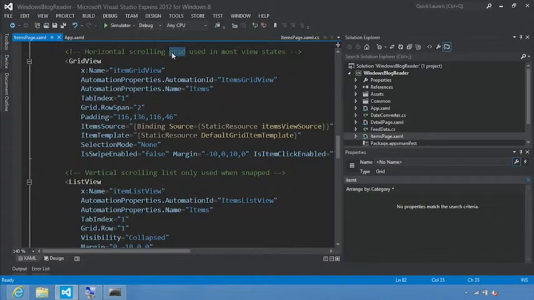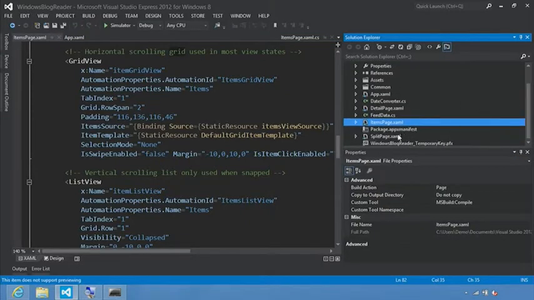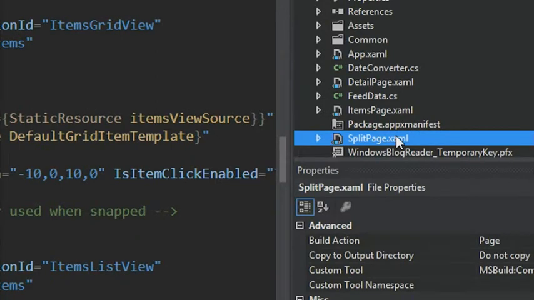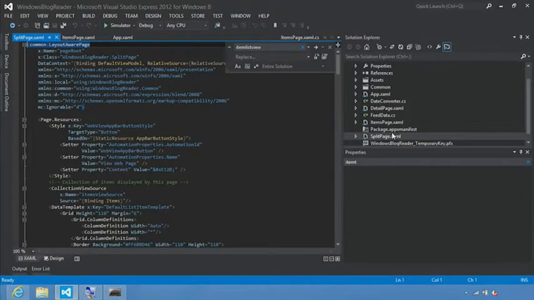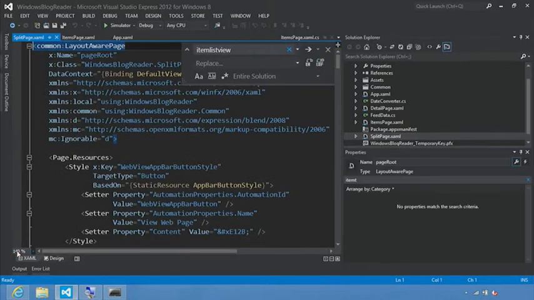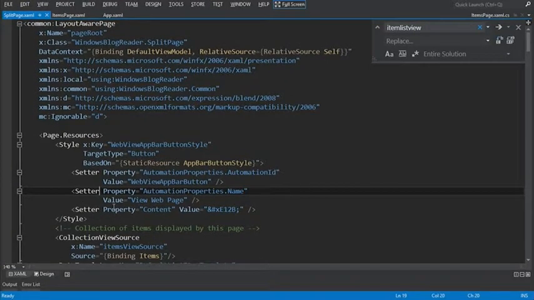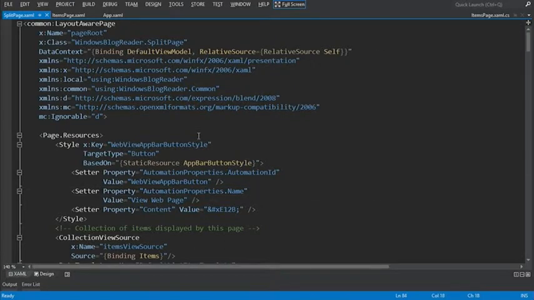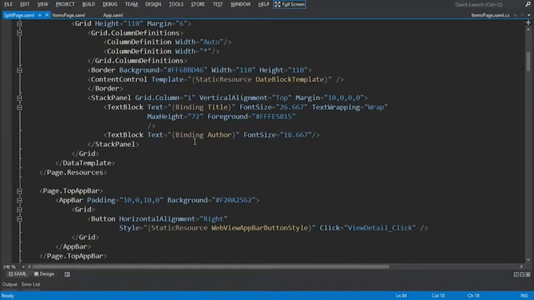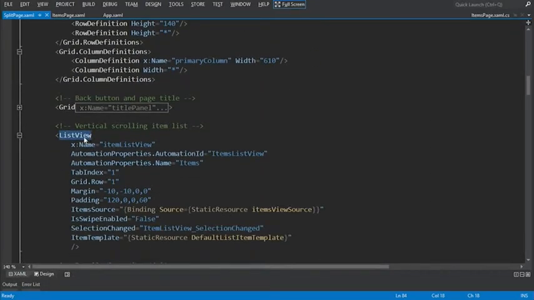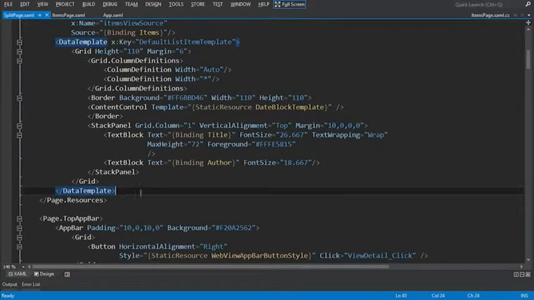Now split page works a little differently. In Solution Explorer, go ahead and select the split page file and double click it to open it. Let's change the zoom here to 140% and full screen this. And now that we're done with our find file, I'll just close that as well. In split page, you use a different way to change the UI when the view changes. You have a single list view, defined here as item list view. To change its look when the view changes, use the Visual State Manager to apply a new template to the list view. So what we're going to do is in our page.resources, like we did before,